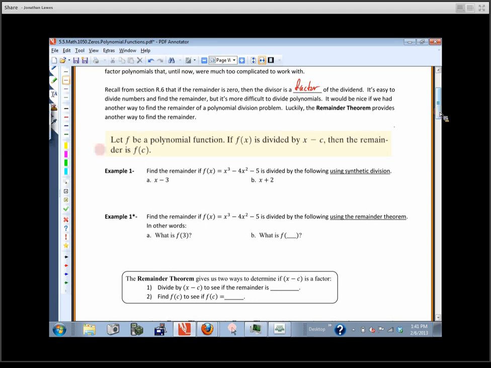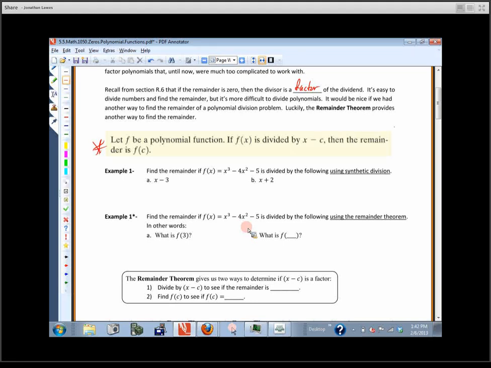So here's the first one. This is called the Remainder Theorem. So we're going to read this and then we're going to think about it. This is going to take 2 days to get through this section. So you don't have any homework from 5.5 tonight, other than you need to think about what we talked about in class so we can build on that tomorrow. Understand? So it might be good to go back and review the notes when you go home tonight.